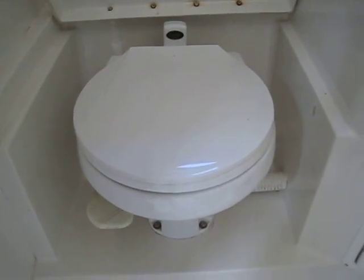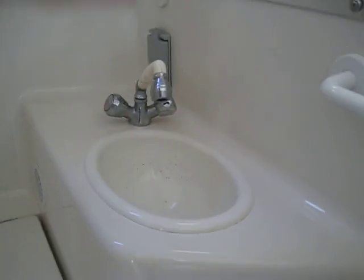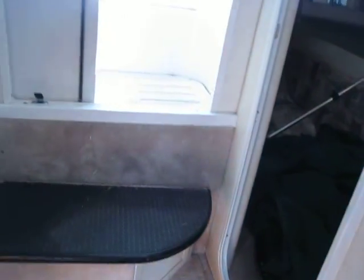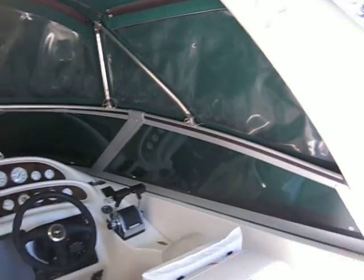So, as you guys can see, wonderful head area, macerated, plumbed, and there you go. As far as shower goes, it would be up out of your sink. You don't have, in a sense, a stand-in shower. And as we're going to exit out, we're doing this from inside out, just because that's what I decided to do today. As we come up, I want to give you guys a quick look around. This is with the vessel covered. What we're going to do is I'm going to pop out